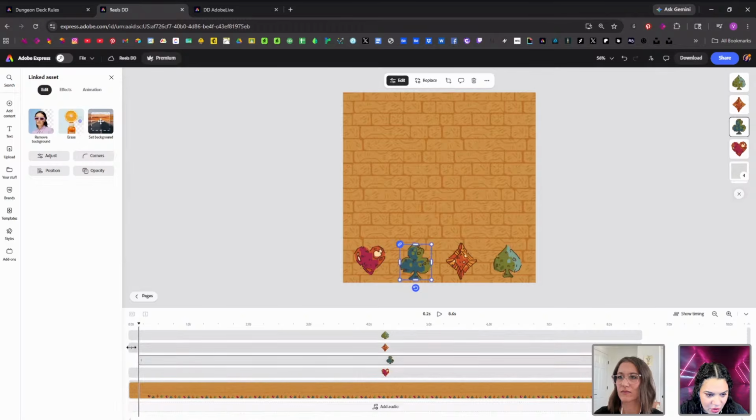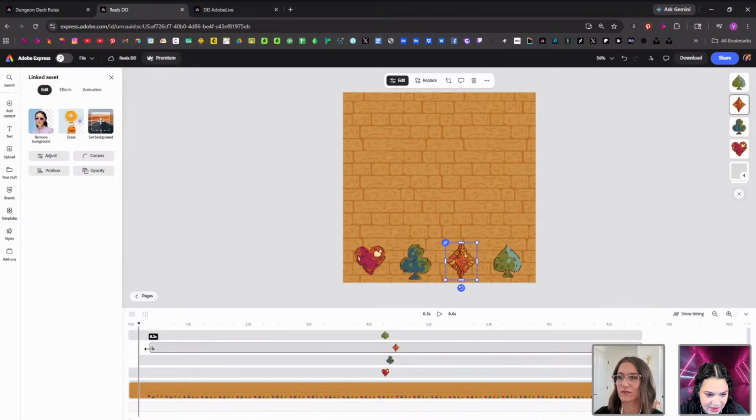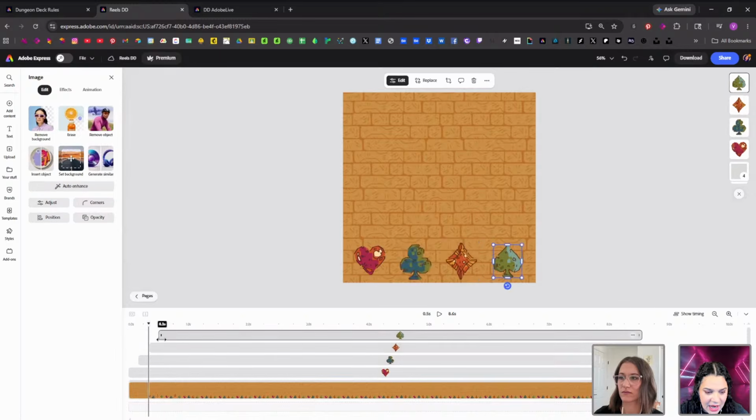So I'm going to bump these in a stagger here. And another thing that I'm going to do, because what I want them to do is go boop, boop, boop, boop, boop in a row across the bottom. But I also want to make sure that the bob that they do is not synced. I want them to have their own little bob animation.